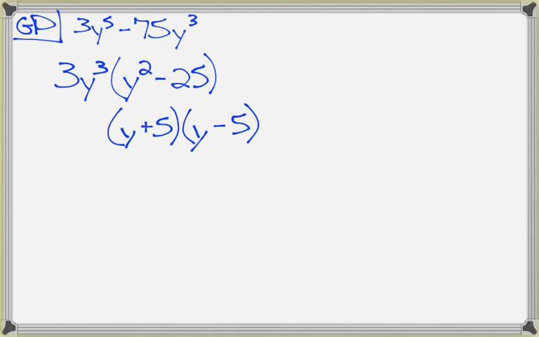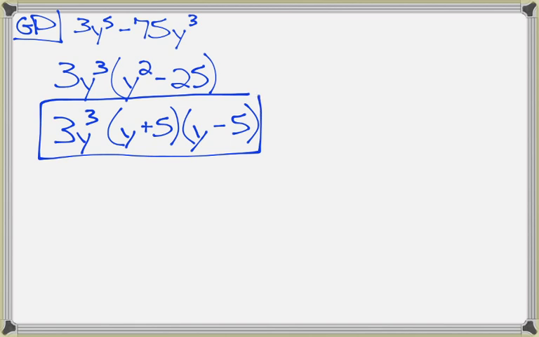But we know if one's positive and one's negative, that gives you no middle term, because you're going to have positive 5y and negative 5y. So that can break down, and then you just bring down the 3y to the third. So now on that one, that is your simplified factored polynomial. Okay, so that's where we're going to stop until we get to the ones where we're actually going to solve.